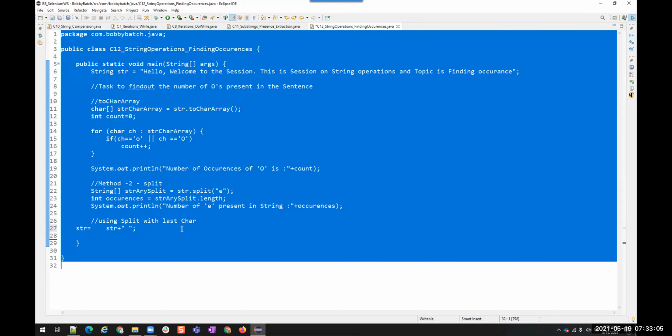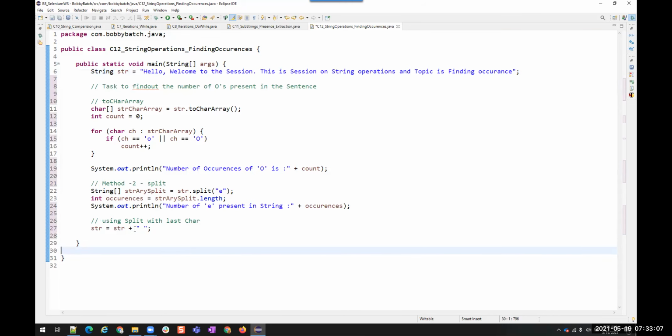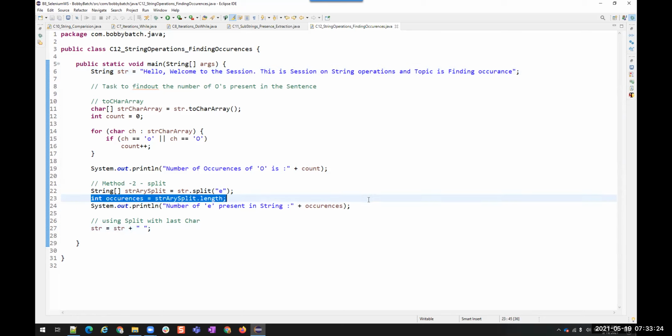Str is equal to str plus space. That means we add an extra space at the end so that the last character will not be the character that we are looking for. Now I added a space and I'm going to do the same operation again.